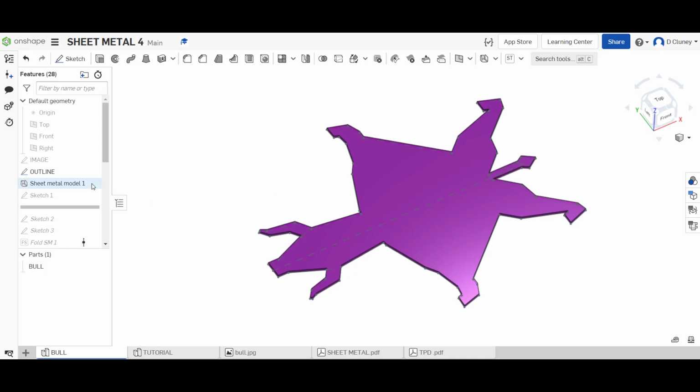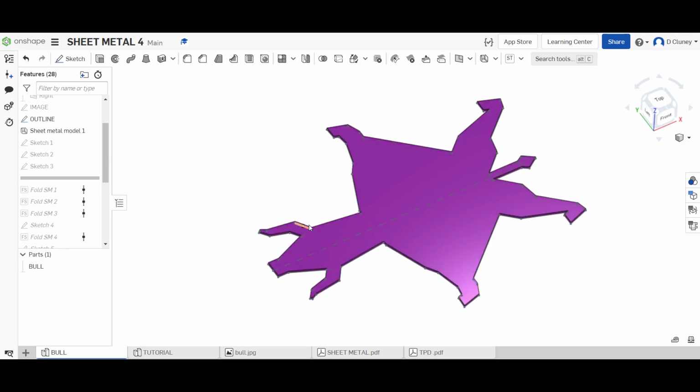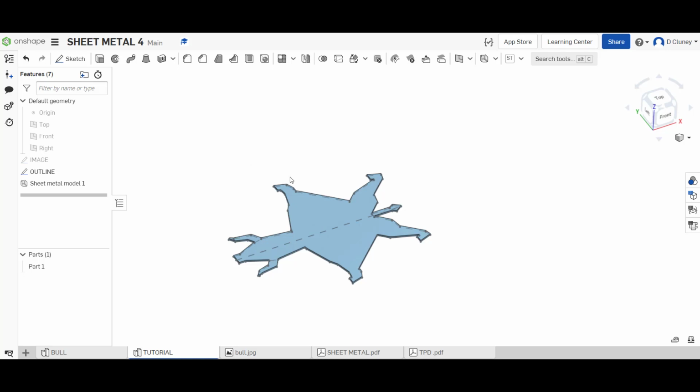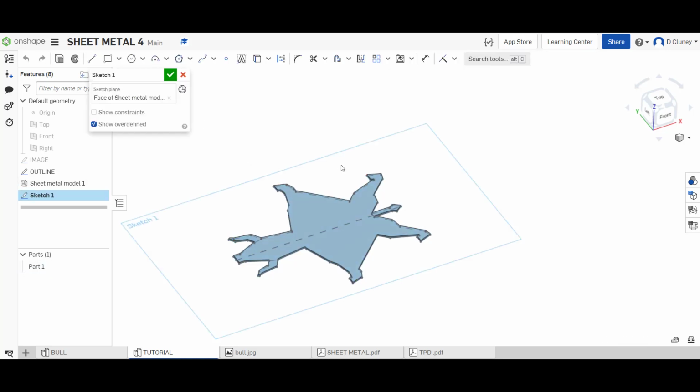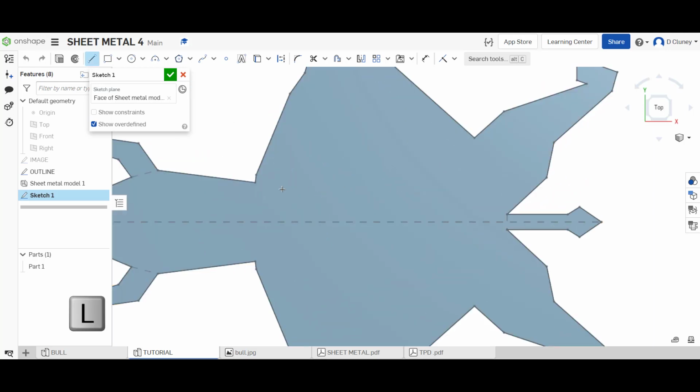I inserted, let's have a look at this, a sketch along its back for the legs. I then inserted another sketch for the ears or the horns, and then I inserted a sketch just behind this here. And then what I did is I started to fold out these horns. So we'll do that in a tutorial. That's quite easy to do. I'm going to click on that top surface and click sketch. I'm going to press N to normalise that, and I'm going to go in here and add a line, and I'm going to go for say at that point there to the tail, and I'm going to go from this opposite one as well to there,